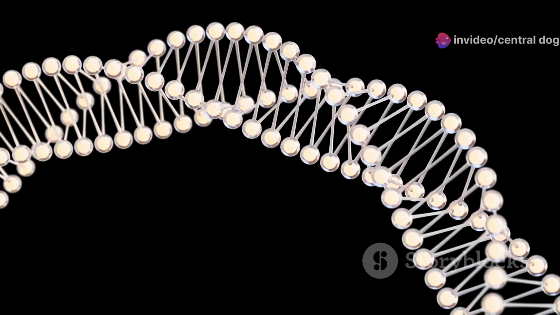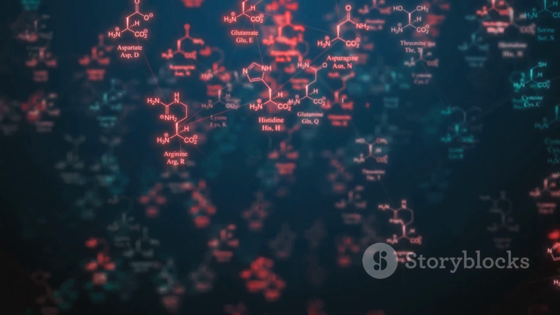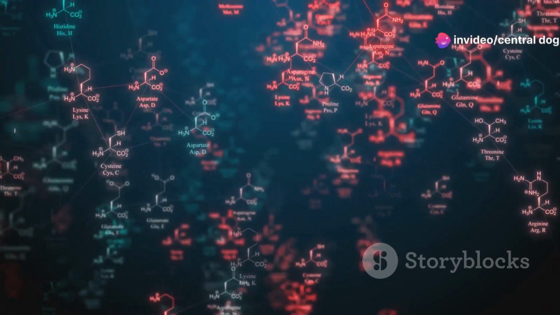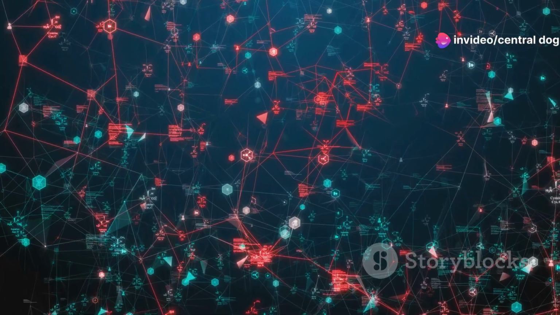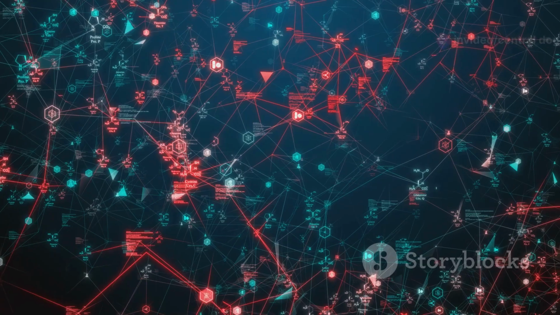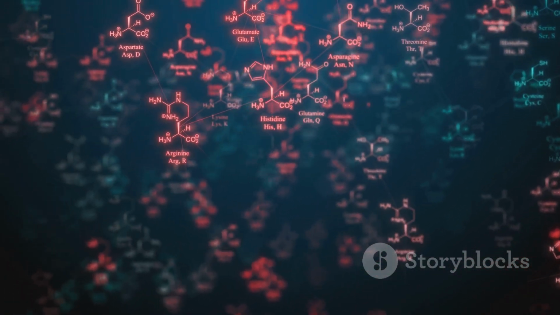This process takes place on tiny cellular factories known as ribosomes. Imagine ribosomes as master chefs who have been handed a recipe, the mRNA, and now must assemble the ingredients, the amino acids, to create a delicious dish, a protein. But these chefs need assistance, and that's where transfer RNA, or tRNA, comes into play.